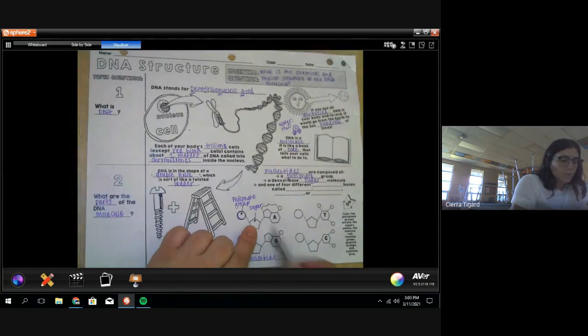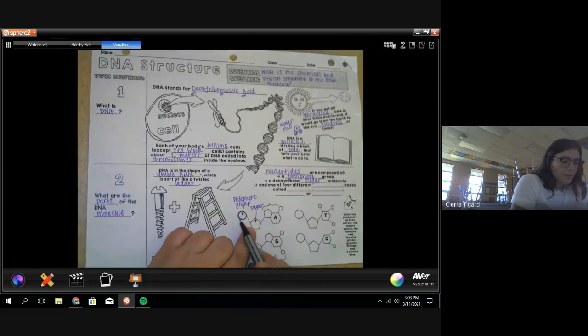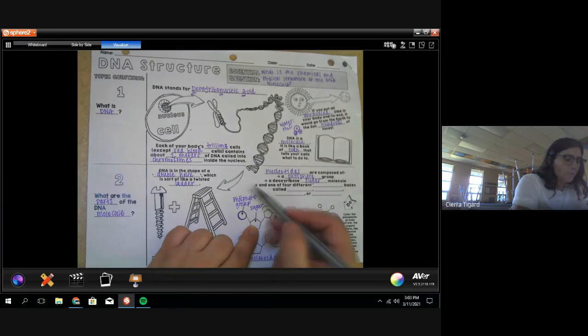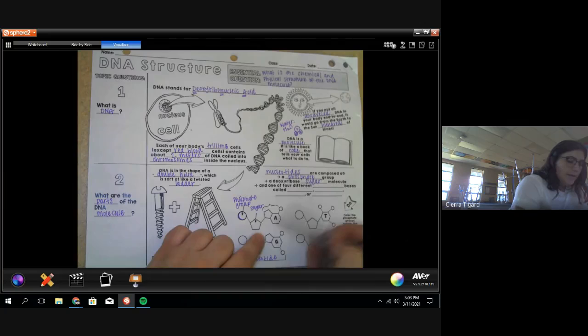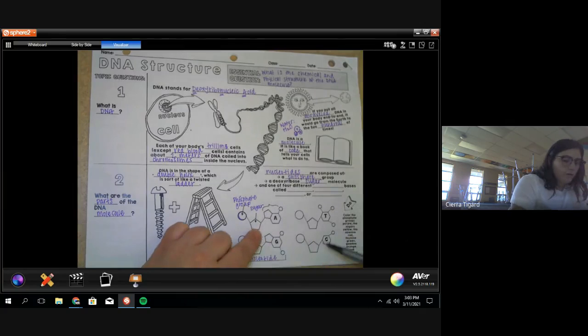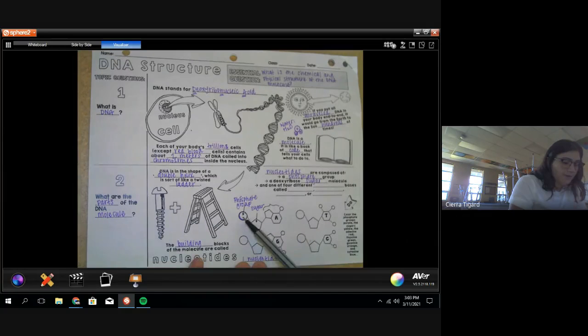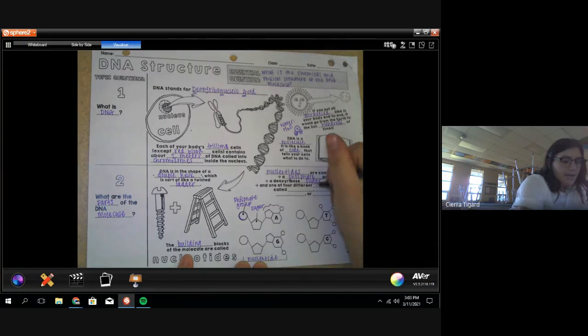And so we already had dinner, right? We had the soup. And now we want dessert, and that's going to be a very sugary morsel. So we have our phosphate group, then our sugar group. And then we have one of 4 different... So you guys can see we all have a phosphate group here, here, and here. There is a sugar here, here, here, and here. But the ending is different for all of these. And that is going to be one of 4 different nitrogen